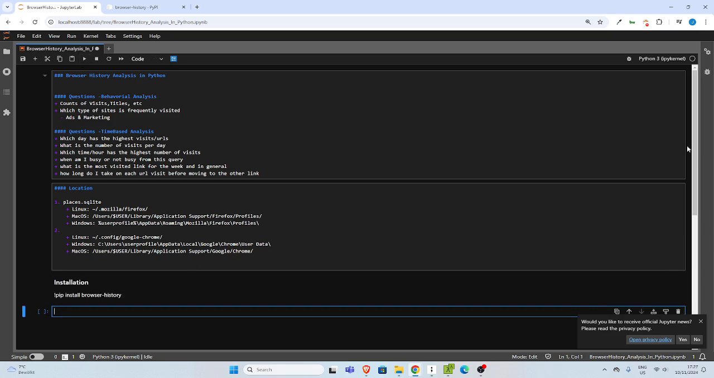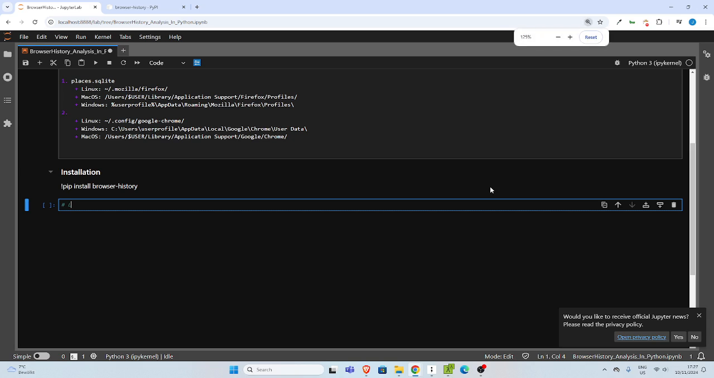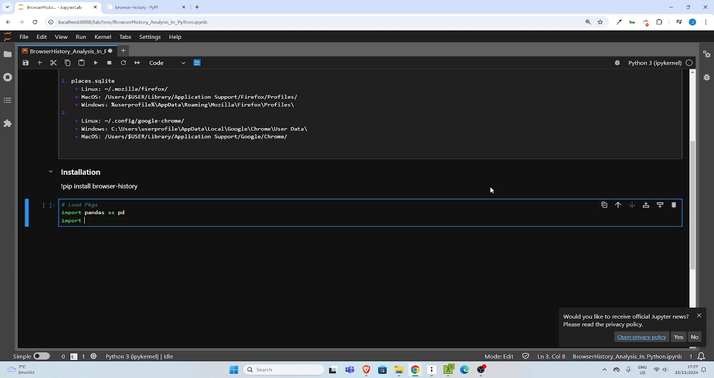So let's start. First, I'm going to import my libraries. I'm going to make it bigger, and then let's load our packages. I'll be importing pandas because we want to get the data as a pandas DataFrame, and then I'm going to import browser history. So let's go with from browser_history import